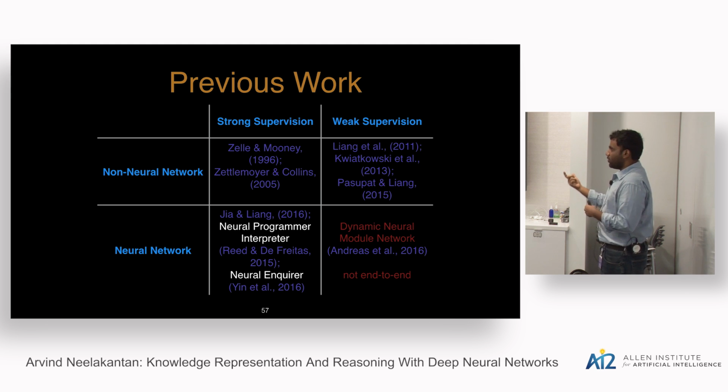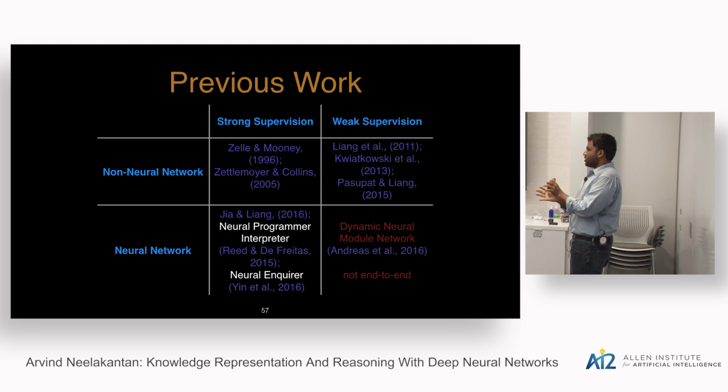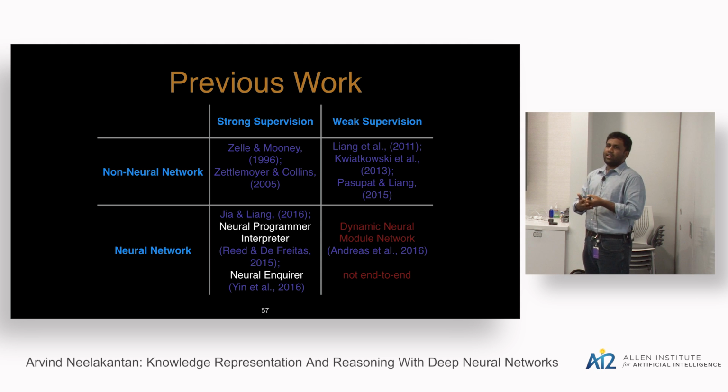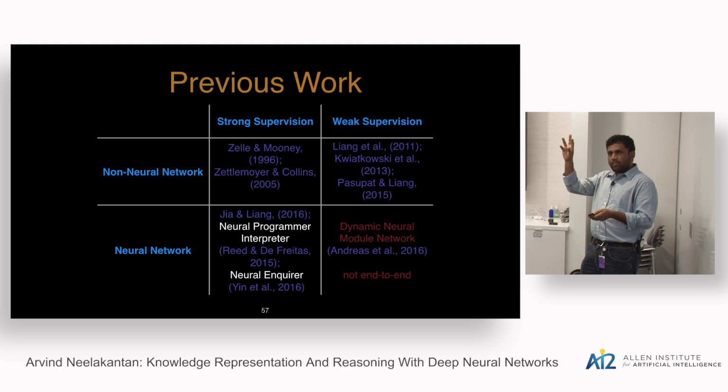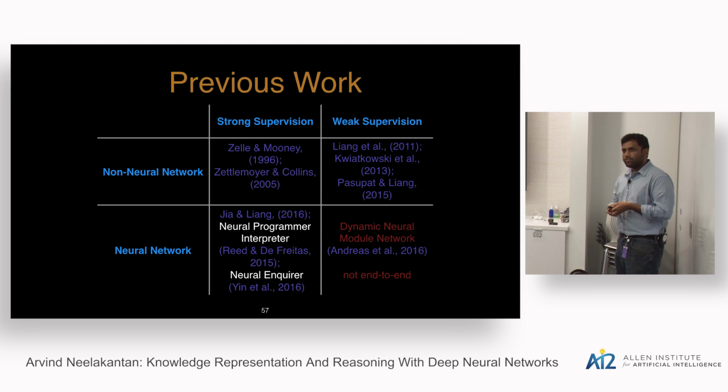And then, as I discussed before, those functions have to be discrete, which means that it's hard to train those, like the function neural network. It's hard to train the function neural network, for example, to add numbers in a table. So it's solving a different kind of problem where, let's say, you want to do question answering on images, and the sub-functions have to do some kind of image processing. For that, using neural networks is probably a good idea. But in this setting where you want to manipulate things in a table, and there are a lot of discrete functions involved, I think this is a better idea.